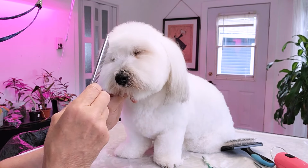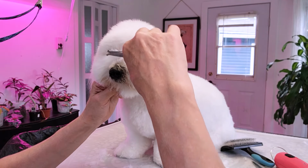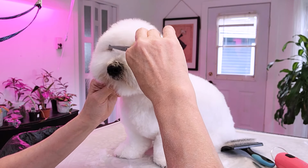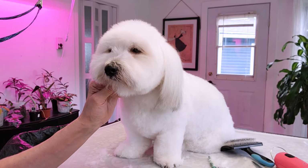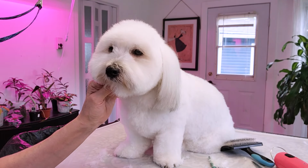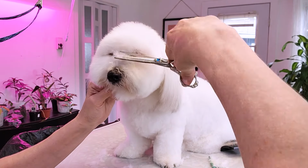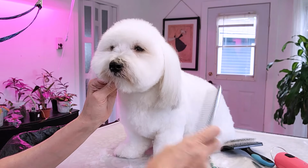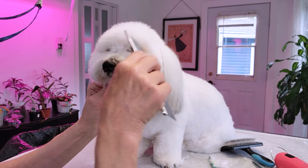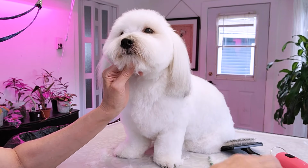Okay? Pull out this hair here. Try and see if I can get any of this out. Taking the bulk out, which there's not much bulk. And then I'll come in, and these are the little tiny ones. I'm just going to clean the area out here with my thinners, just because it gives it a little more of a natural look. Alright, so in the front here,